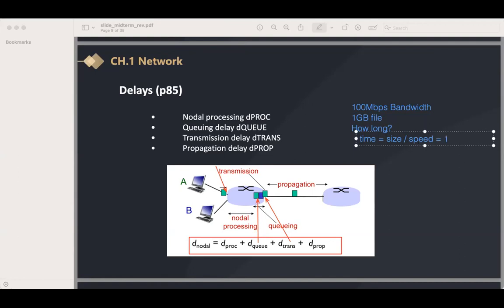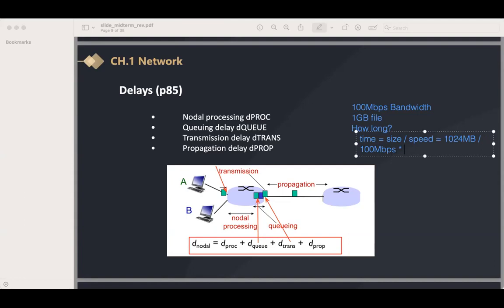So 1 GB is equal to how much? Equal to 1024 MB, right? And divide by, is it 100 or other number? Divided by 100